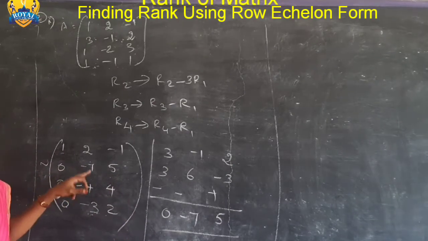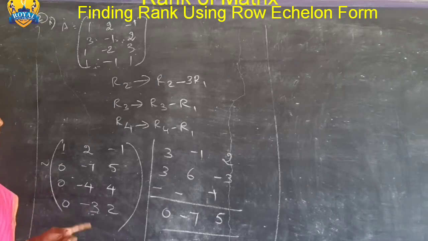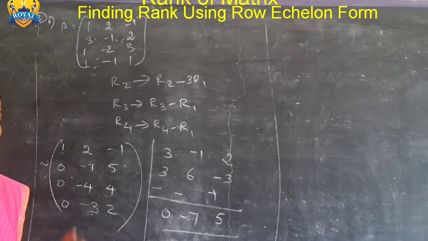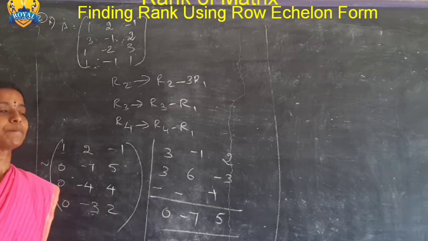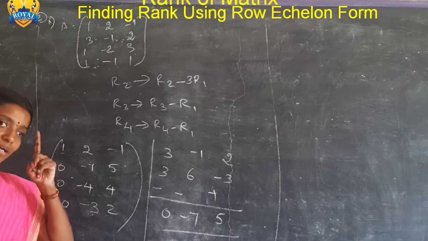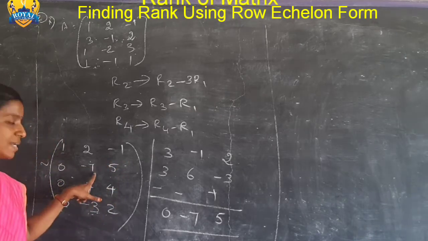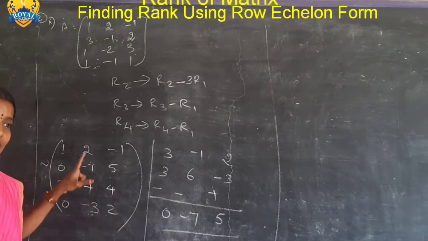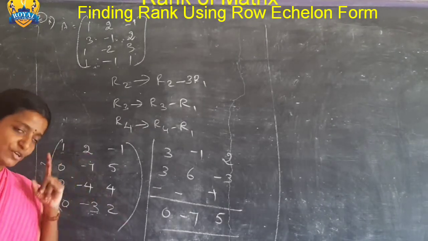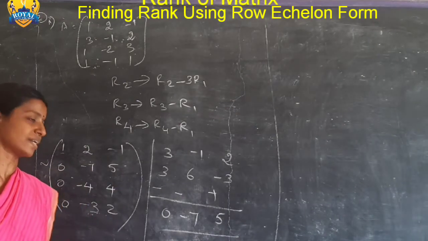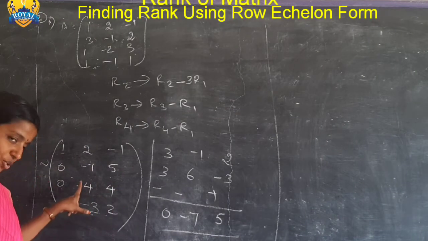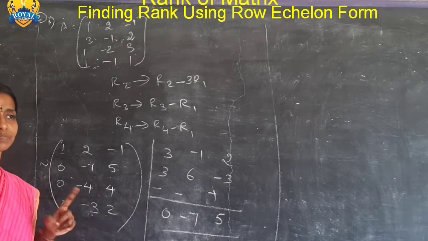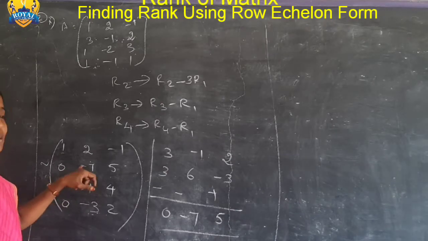What shall we do is, here we had 1, so it was easy for us to make these 3 operations. In the similar way, let me take the second row and try to bring 1 here, because the first element is 0. So no matter. Try to bring this 7 as 1. If you bring 1, with the help of that, you can make row 3 and row 4 as zeros with the help of this 1. Now, how to make this minus 7 as 1?